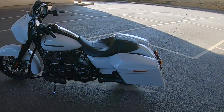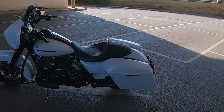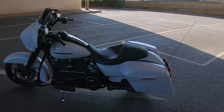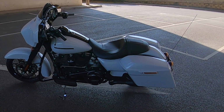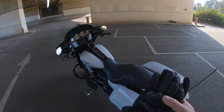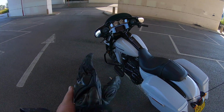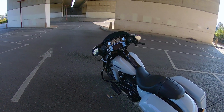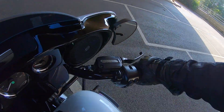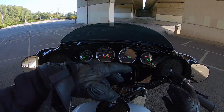1625 millimeters, and base price for the UK is 22,895. Top price, depending on which model you go for and colour scheme, is £24,035. Right, okay, look, enough of that. This is all about getting on the bike, see how I feel, and also see how you guys feel about it. Right, so ignition on, infotainment on, dials go sweep,